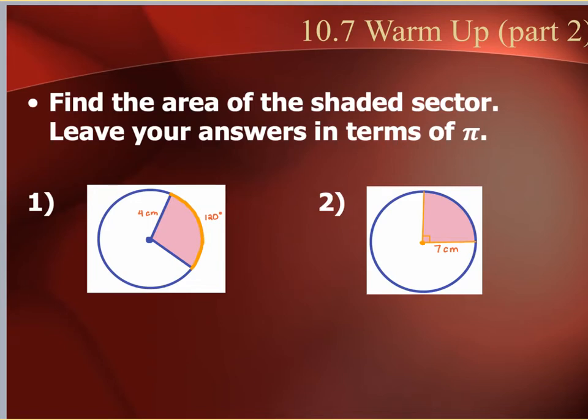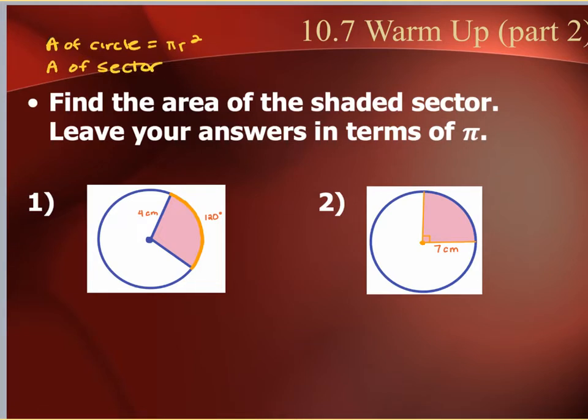All right, so this is 10.7 part 2, right? So remember in 10.7 part 1, we talked about the area of a circle. That was one of the equations you're going to need to use for your quiz. Area of a circle, which is pi r squared. And then we did these, which are areas of a sector,